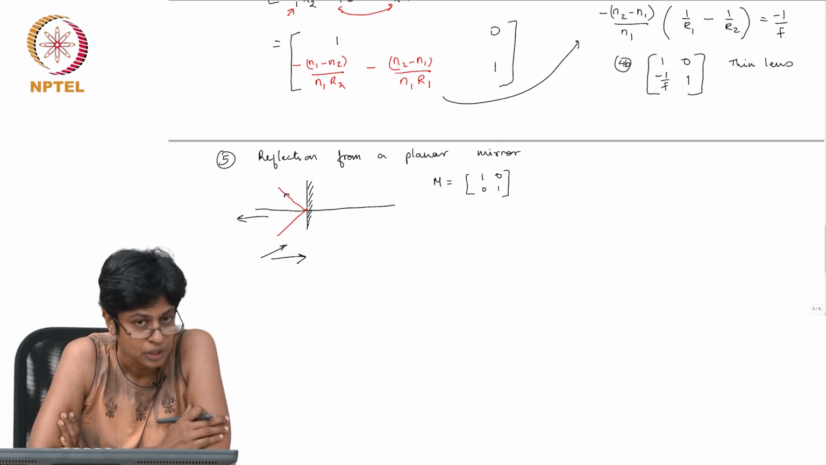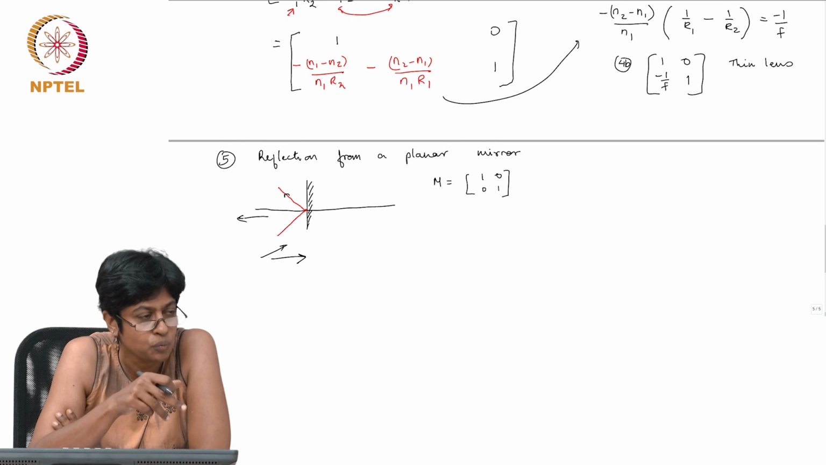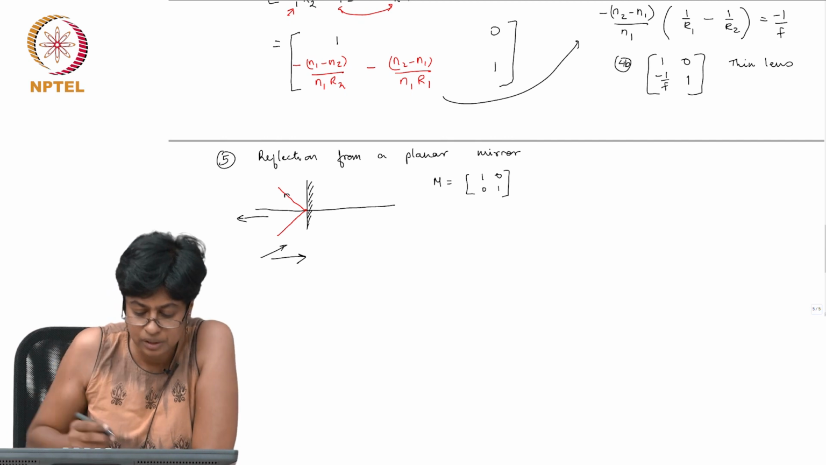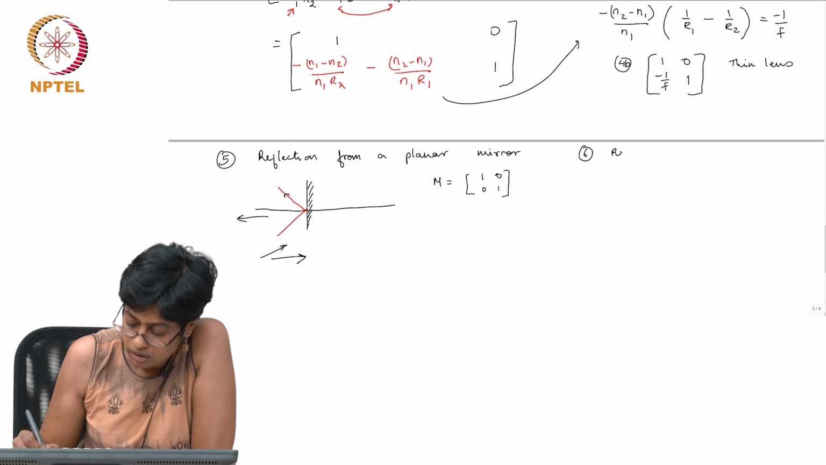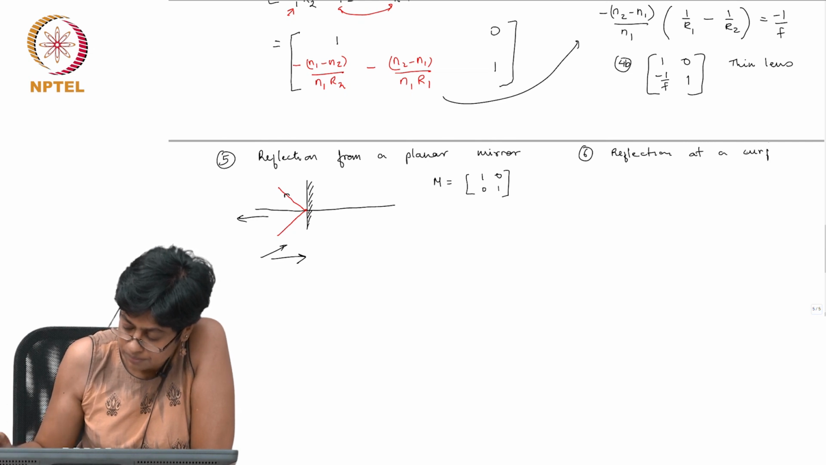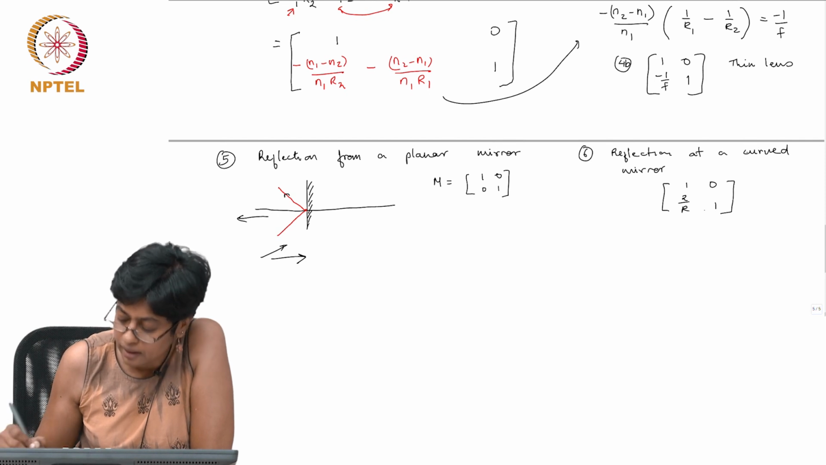planar mirror. You could of course carry out a similar operation as we did for refraction at a curved surface and work out for reflection at a curved surface, right? And it should be no surprise to you that if you do that, you will get, so this is the matrix for reflection at a curved mirror. Its matrix is going to be 1 0 1 2 by r, where r is the radius of curvature